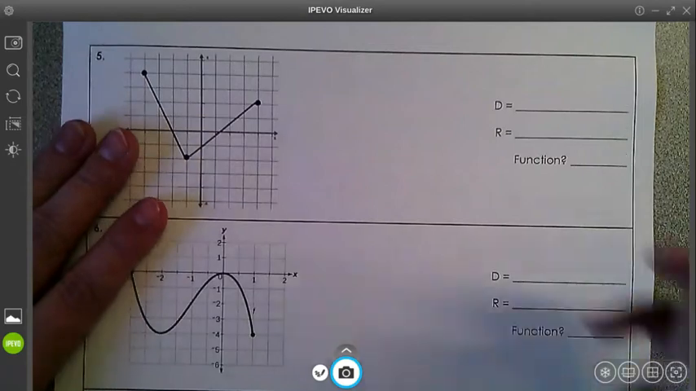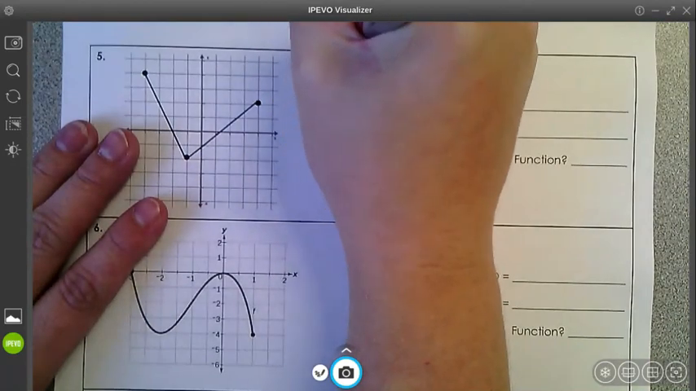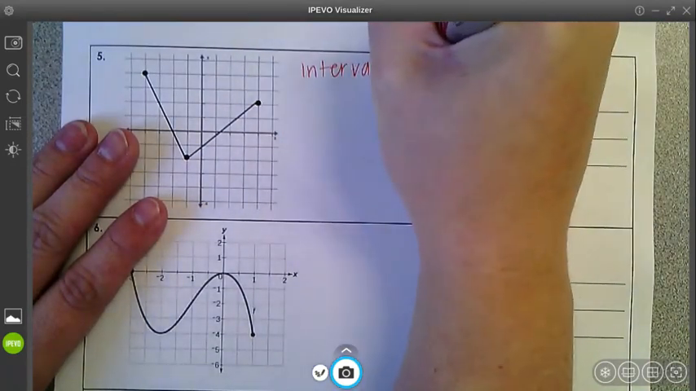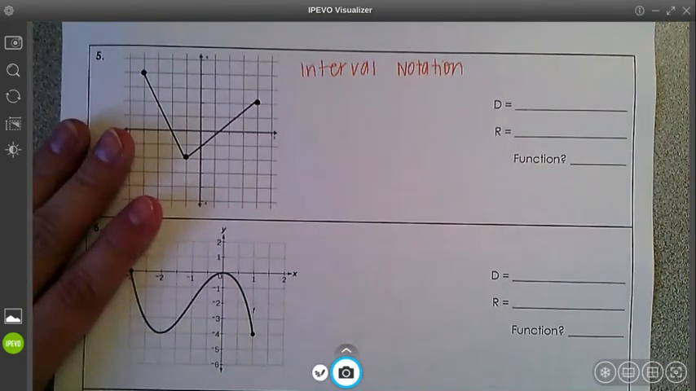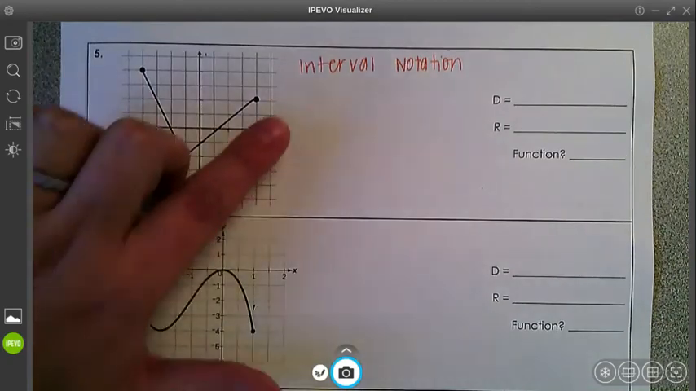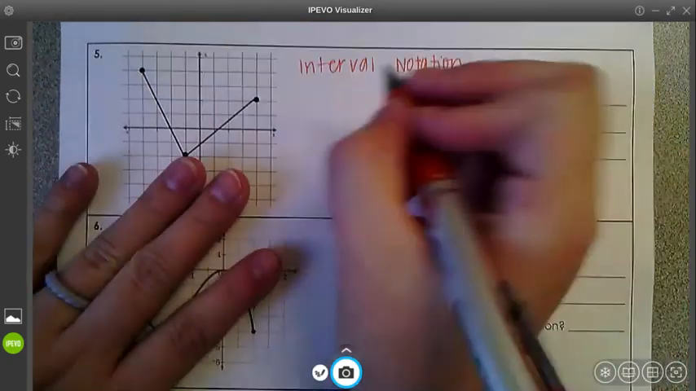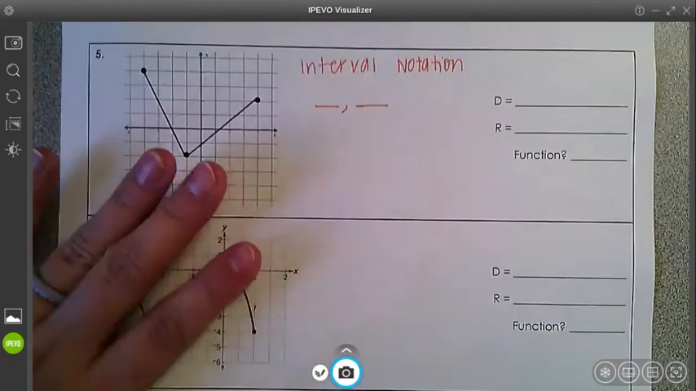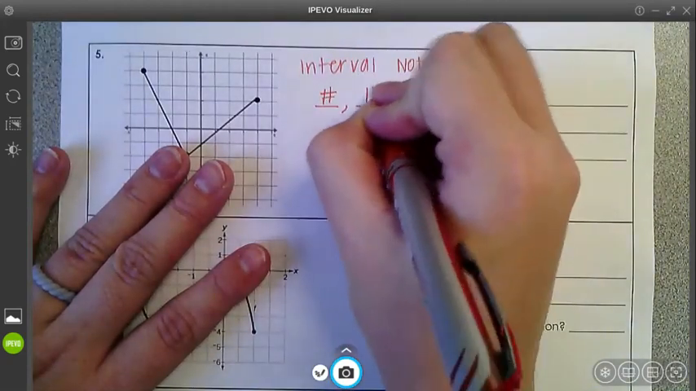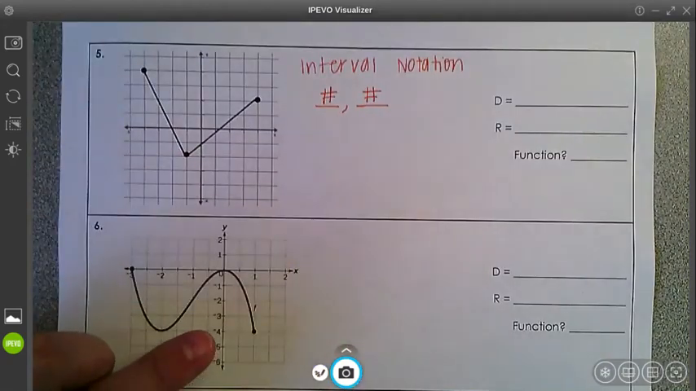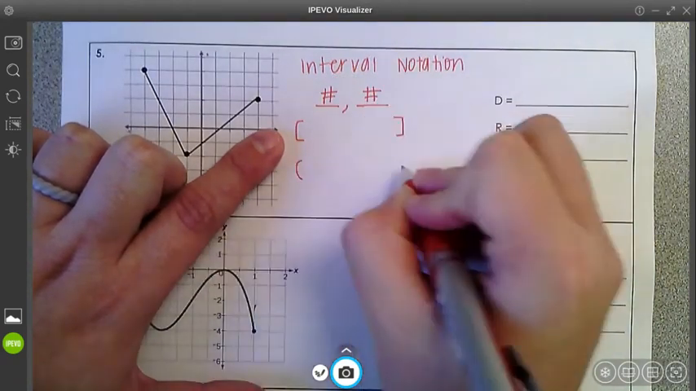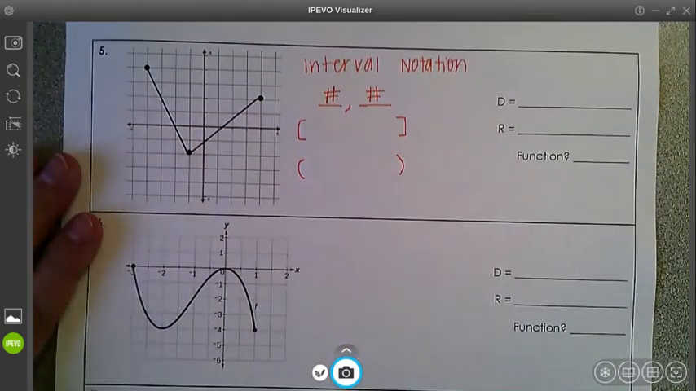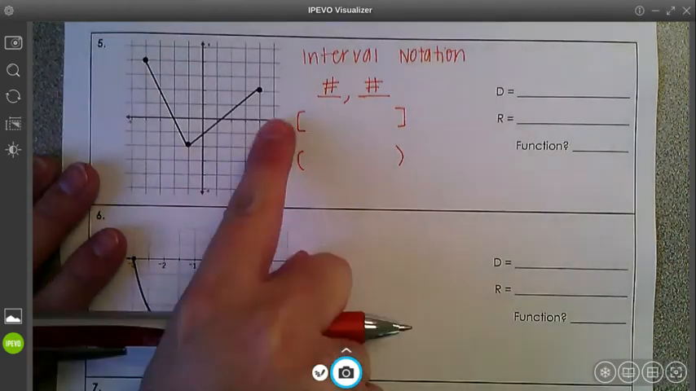So we use something called interval notation. And that's where we're going to have two numbers with a comma in between them, not a parenthesis. Okay. And then we'll either use brackets or a parenthesis. So a bracket is used,